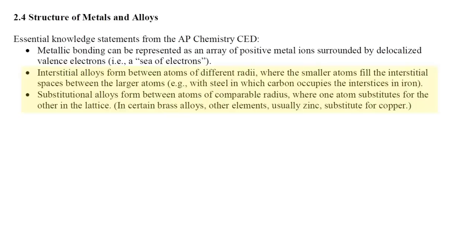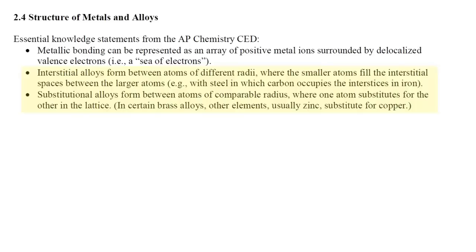Carbon is much smaller than iron and can fill in the spaces between the iron atoms. On the other hand, a substitutional alloy forms between atoms of similar or comparable radius, where one atom substitutes for the other. The example they give is brass, which contains copper and zinc, which have a very similar